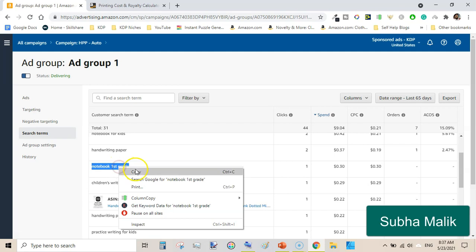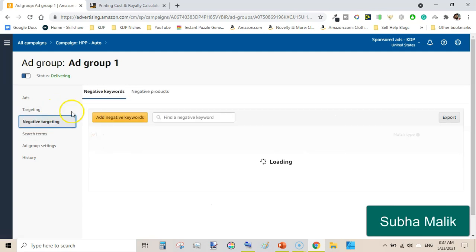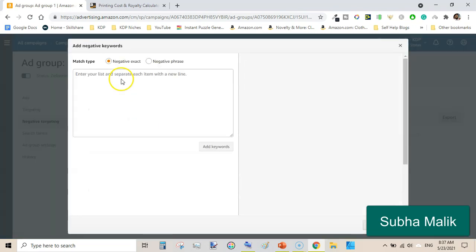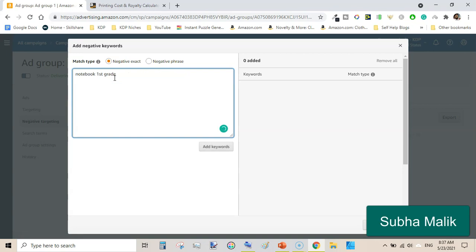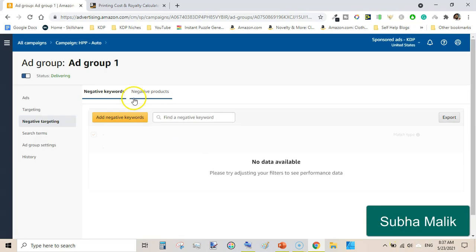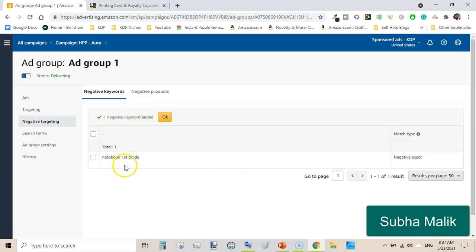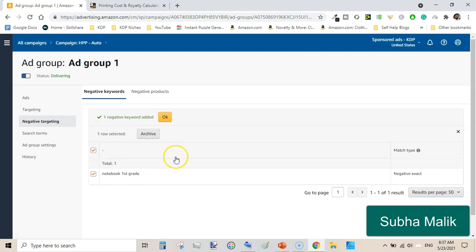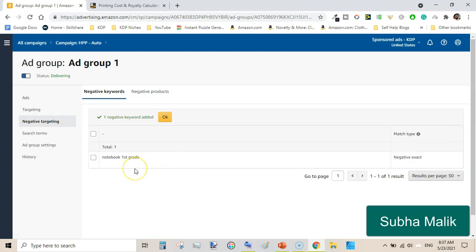I will simply copy this and go to negative targeting, go to keyword targeting, add negative keywords, and here I will paste the keyword and then hit add keyword and then hit save here. In this way, this will go into my negative targeting here. Okay, and in this way I will be optimizing my ad campaign.